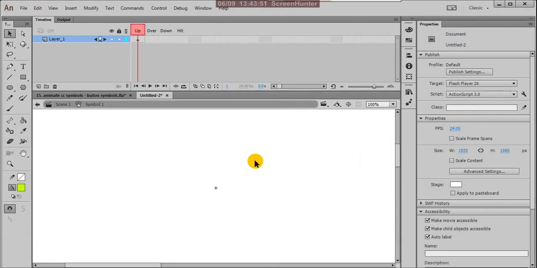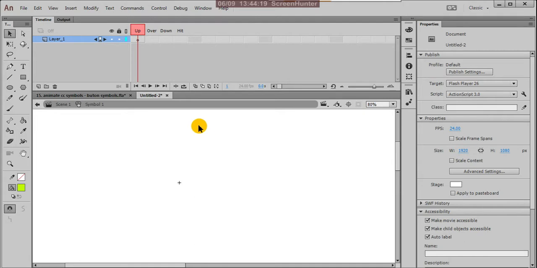If you observe the timeline area, there are continuous frames, but on the button timeline there are up, over, down and hit positions. So what are these?